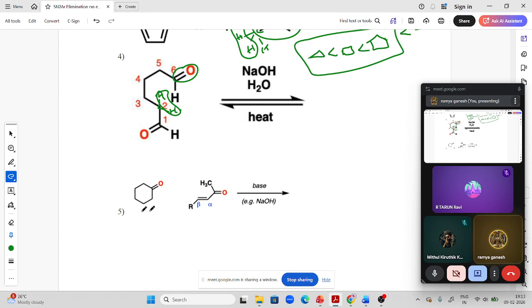Let's discuss the next reaction. The next reaction is actually in the advanced level. Usually the reaction is called the Michael addition reaction. Maybe it has a few fancy names, but the process is very common here. The moment you see sodium hydroxide, it is a base, isn't it? So a base would definitely go and take up an H plus,